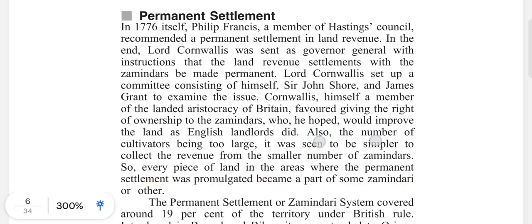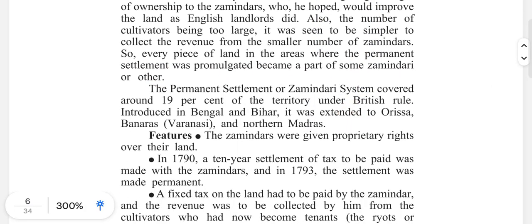The permanent settlement or zamindari system covered around 19% of the territory under British rule. Introduced in Bengal and Bihar, it was extended to Orissa, Banaras, Varanasi, and northern Madras. Features: the zamindars were given proprietary rights over their land. In 1790, a 10-year settlement of tax to be paid was made with the zamindars, and in 1793, the settlement